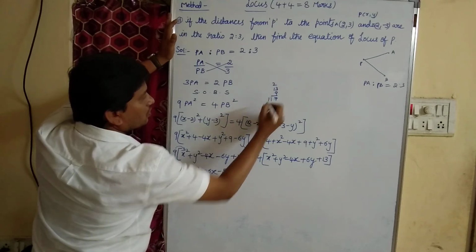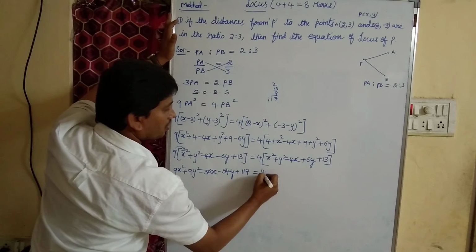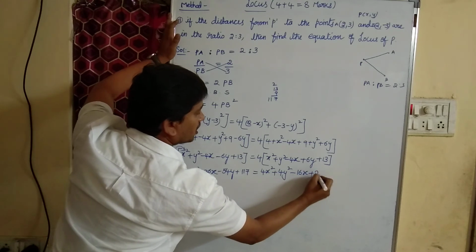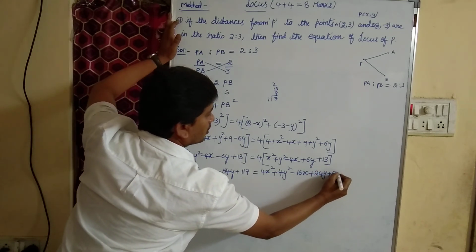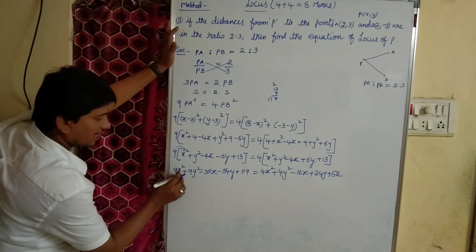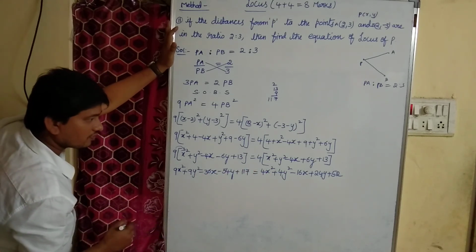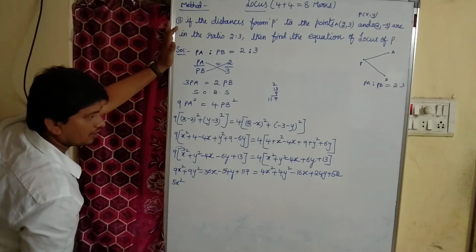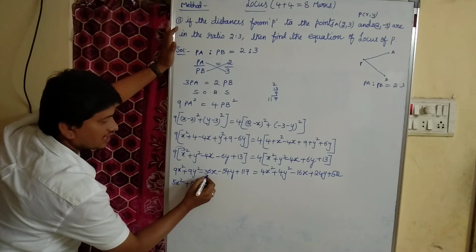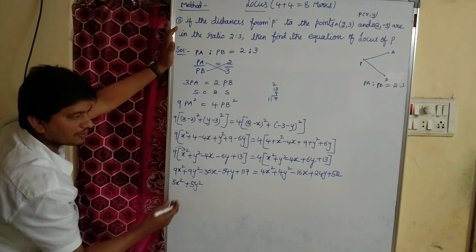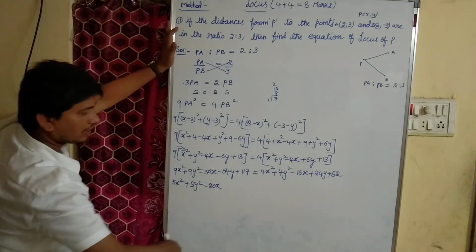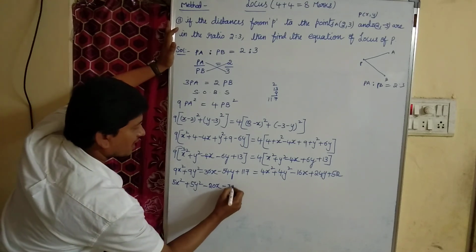9x square, 9y square, 9 fours are 36, 9 sixes are 54, 9 into 13, 9 threes are 27, 9 ones are 9 plus 2, 11, 117. 4 into x square, 4x square, 4 into y square, 4y square, 4 fours are 16, 4 sixes are 24, 13 fours are 52. Okay, let us transpose now. 9x square plus 4x square comes to the side means minus 4x square. It will become 5x square. 9y square minus 4y square, 5y square, minus 36x minus 16x. If you transpose plus 16x, this will become minus 20x. Plus 24 comes to this side means minus 24, that is minus 78y.